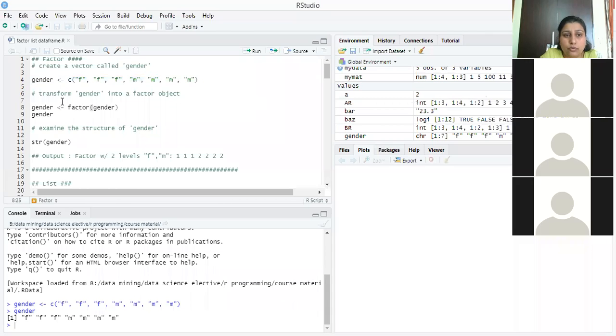Now what we need to do, we have to convert this gender vector into a factor vector. We use the factor syntax to convert this vector into a factor variable.